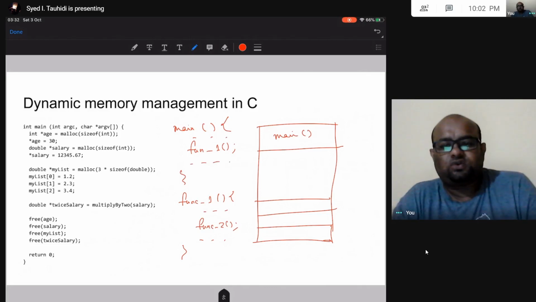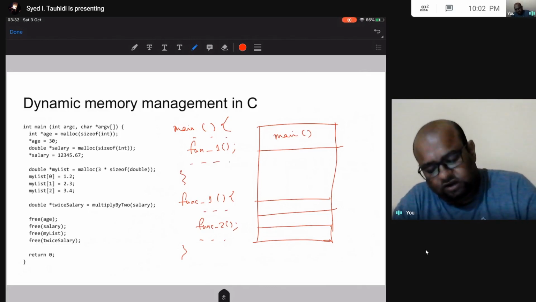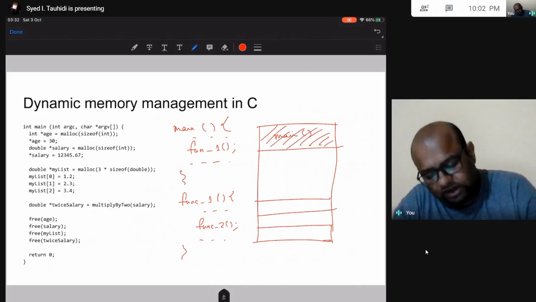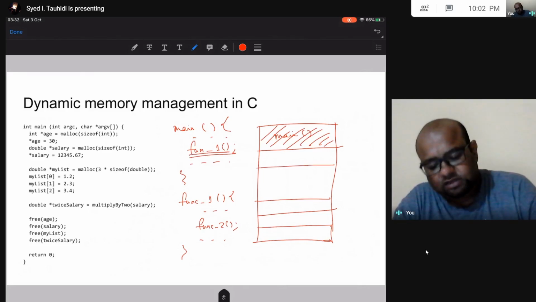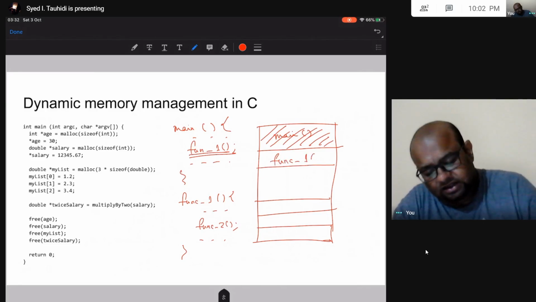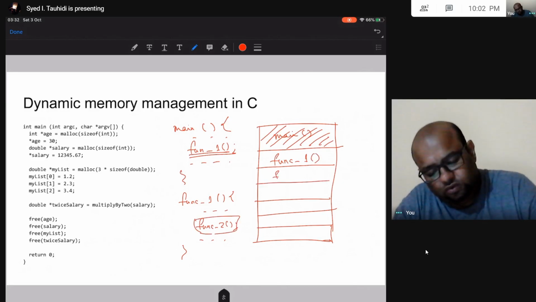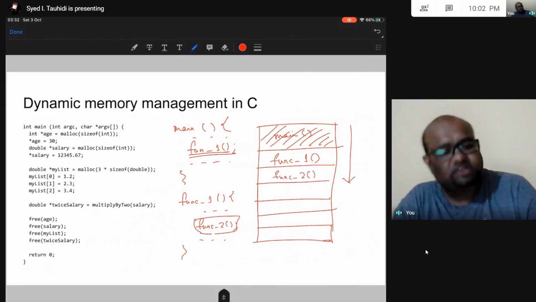All the local variables of main will be allocated this part in the stack. Then when function one is called, all local variables of function one will be allocated this part in the stack. Then inside function one, when function two is called, everything in function two will be allocated this part in the stack. So the stack is growing this way.